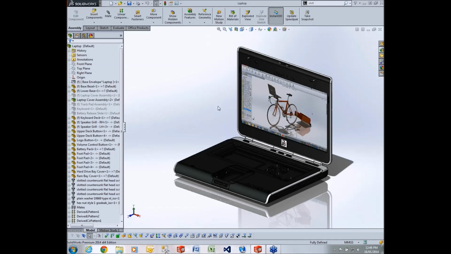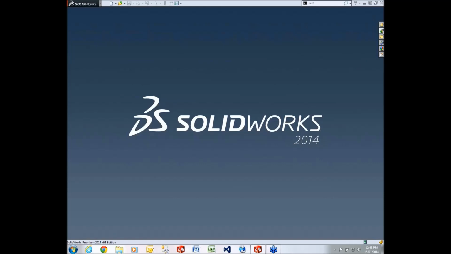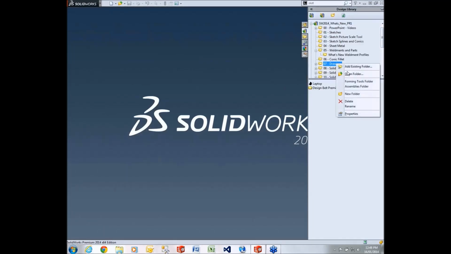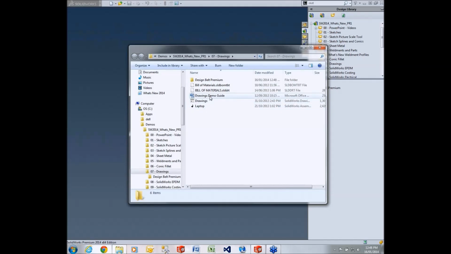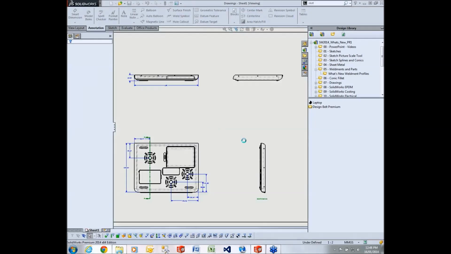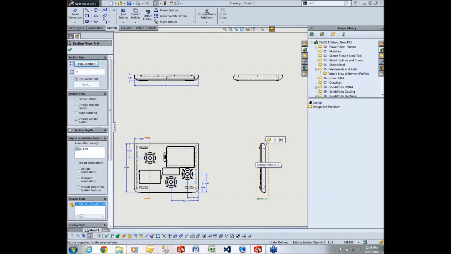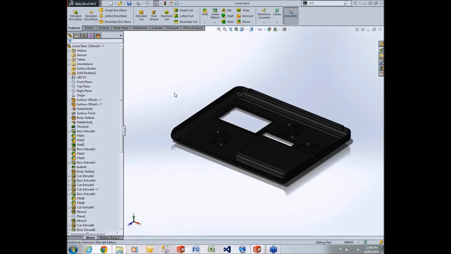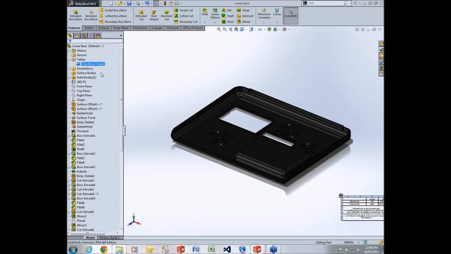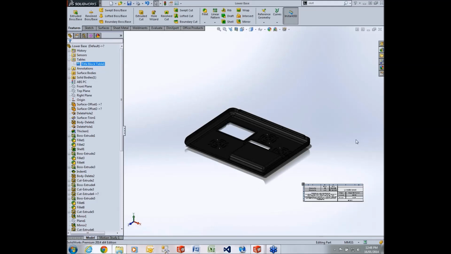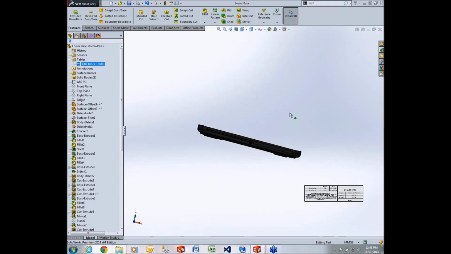drawings. The first thing that we're going to take a look at is the introduction of a new annotation plane called the notes annotation plane. So if I open up, sorry, wrong component. I bring up my drawing. Got a part here, and you'll notice there's a table in here called the title block table. If I show that, you can see it zooms with the part but does not rotate, so it's stuck to